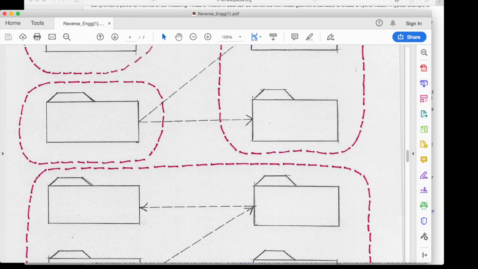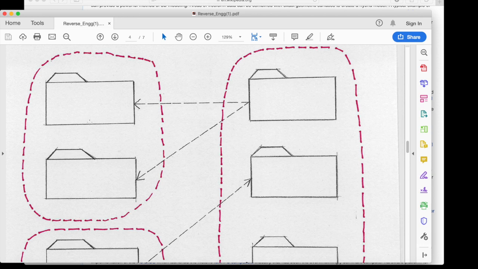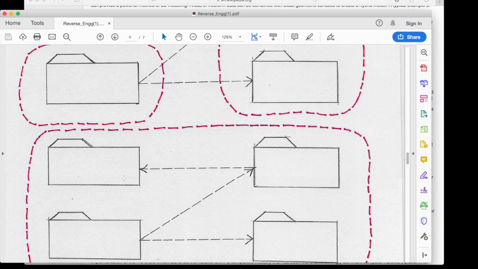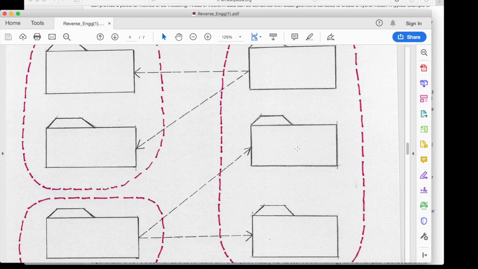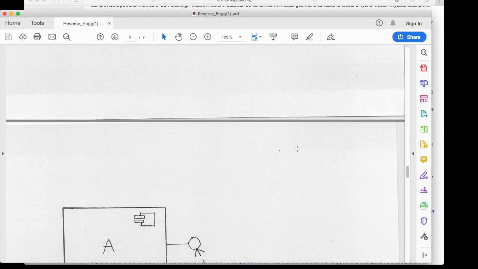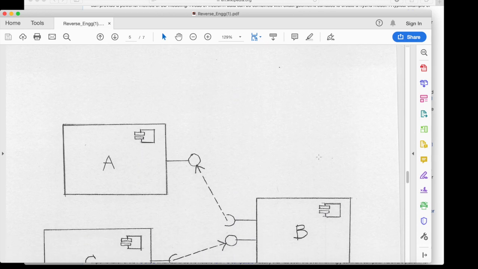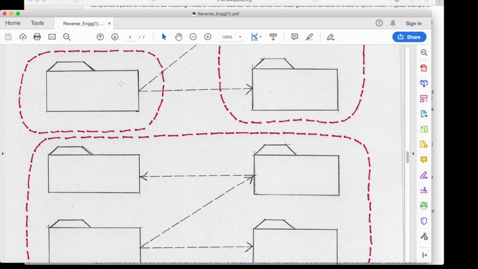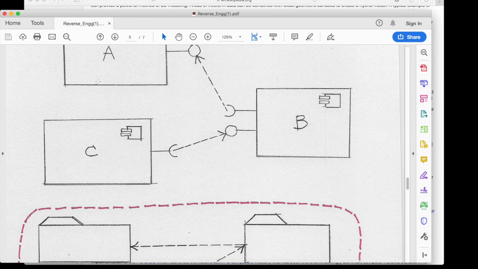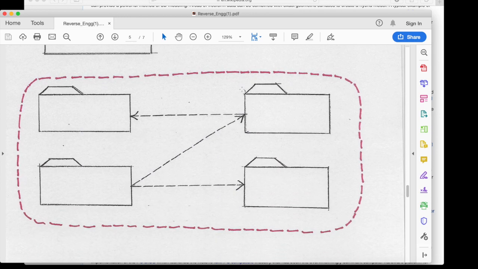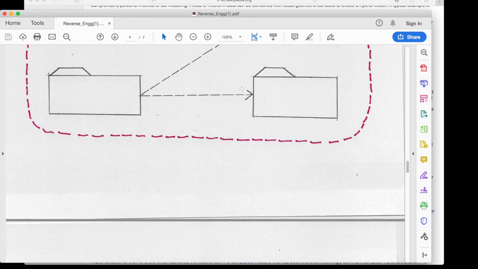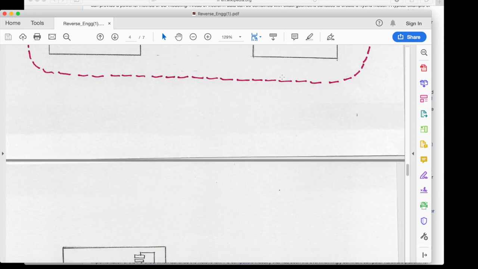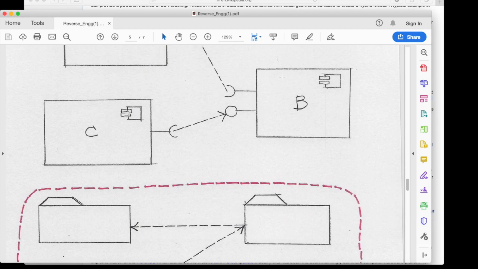So out of the two packages you see over here, we have a single one called A, and the three packages on your right is represented by B. The single package that you see over here, right here, is identified as C component, and the four that you identified over here is this one. Okay, now